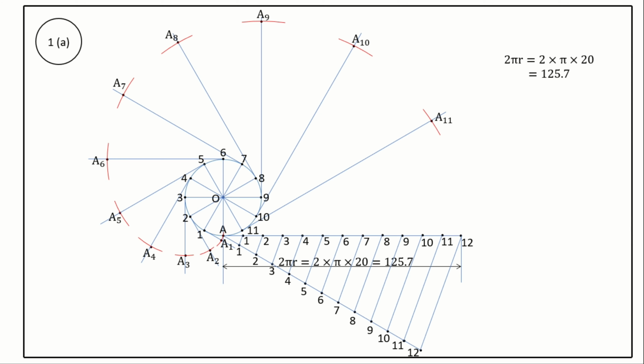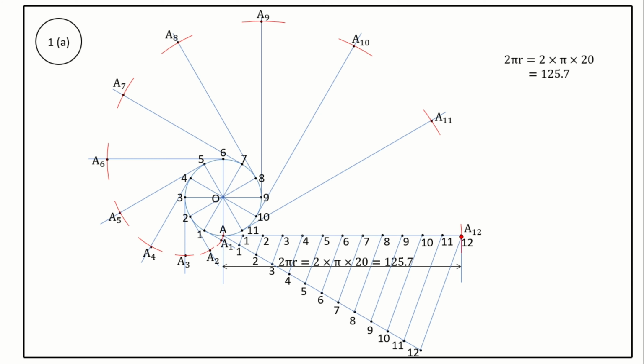Lastly, from the point A on the circumference of a circle, draw a perpendicular line to radial line OA. Take a protractor and draw a perpendicular line to OA from the point A. This line is tangent to the point A. Take a compass, measure the length of A12 on the horizontal line with center point A and radius of length A12. Cut an arc on the line tangent to the point A. Mark the point as A12.